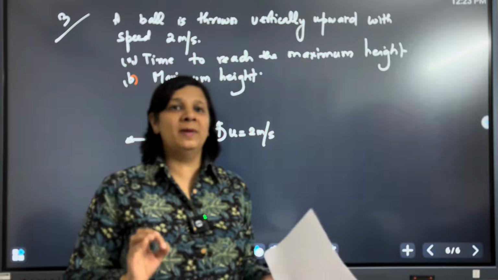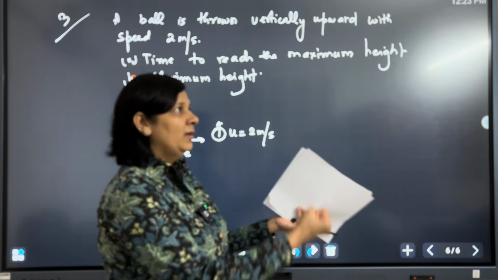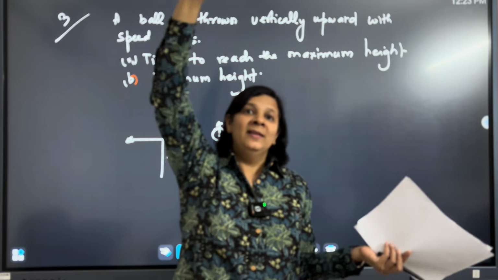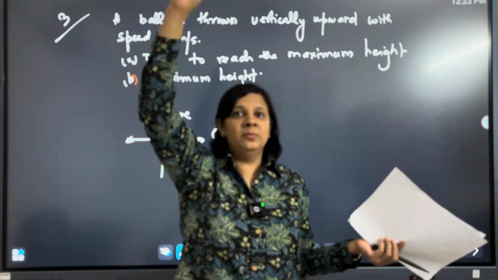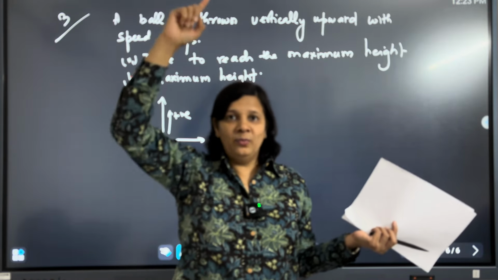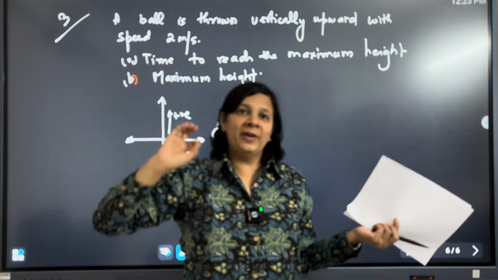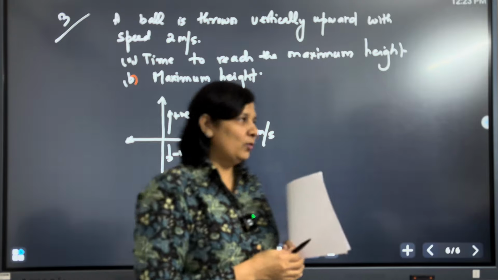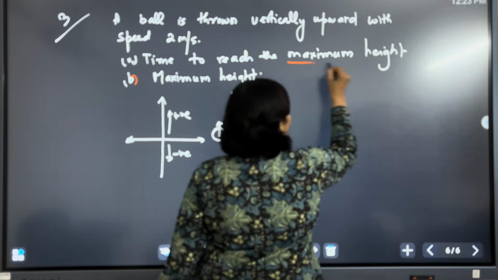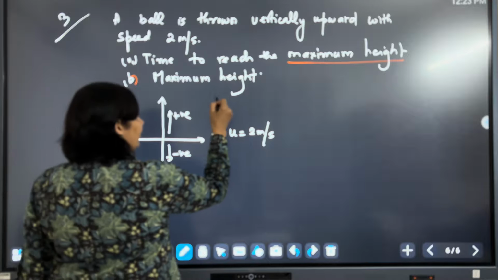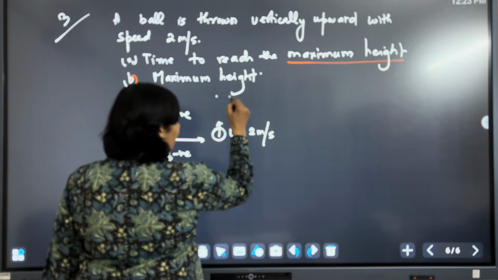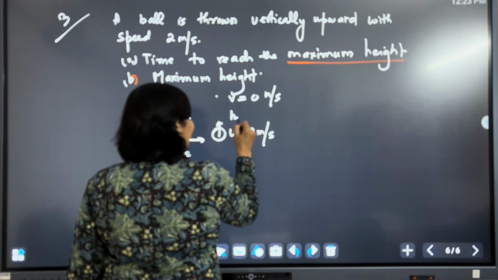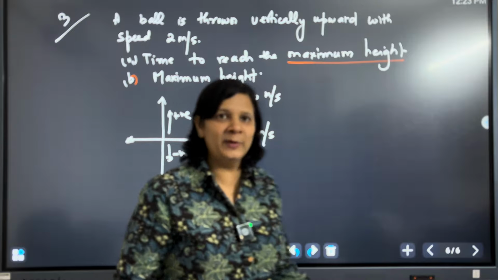What do you mean by the maximum height? So what we have seen, if we throw the ball up, the ball will go up to a certain height and then it returns. So the turning point is the maximum height attained by the ball, right? And when the ball attains the maximum height, the final velocity of the ball has to be 0 at that instant. Then only it will return, right? So when people ask maximum height, then it is obvious that we have to take final velocity of an object to be 0, right? Now I need to find the height h. So basically that is the displacement of an object.